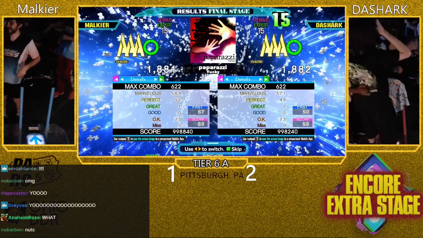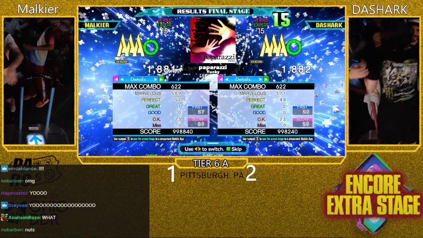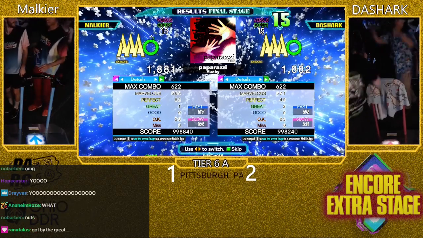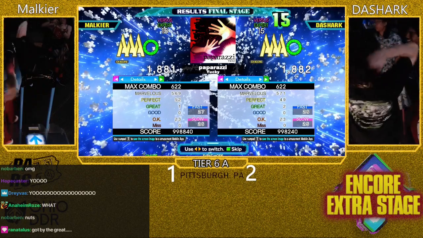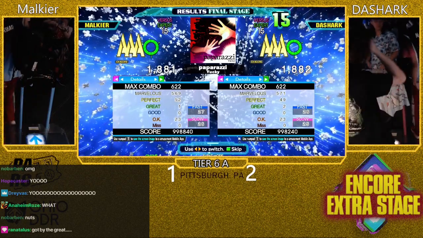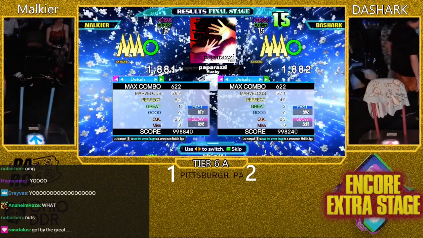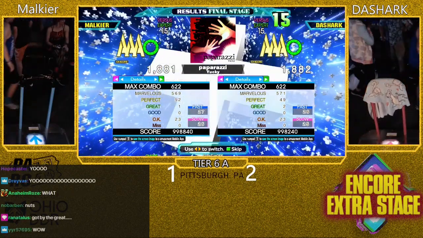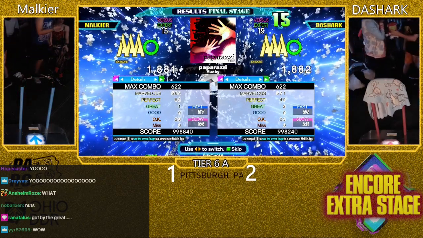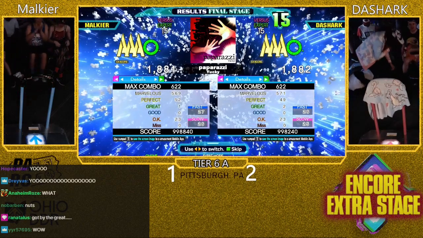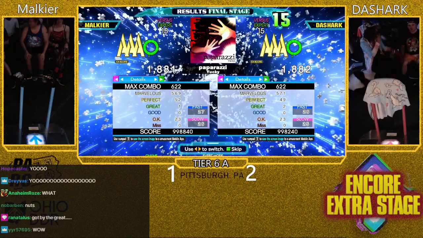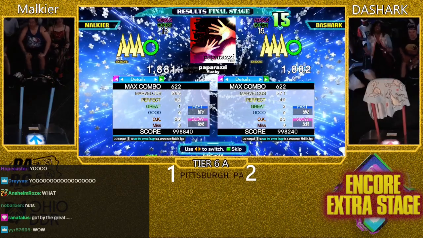It really came down to that last song, and they both crushed it. Wow. Such good play from Malkier, too. Really good play. Especially looking back at that New York Type B, people had no idea what was happening in front of them. It was phenomenal to watch Malkier play that way. They did an absolutely amazing job, but all the props in the world right now to DASHARK for just clutching it out that little bit. Definitely. 1 more great, but